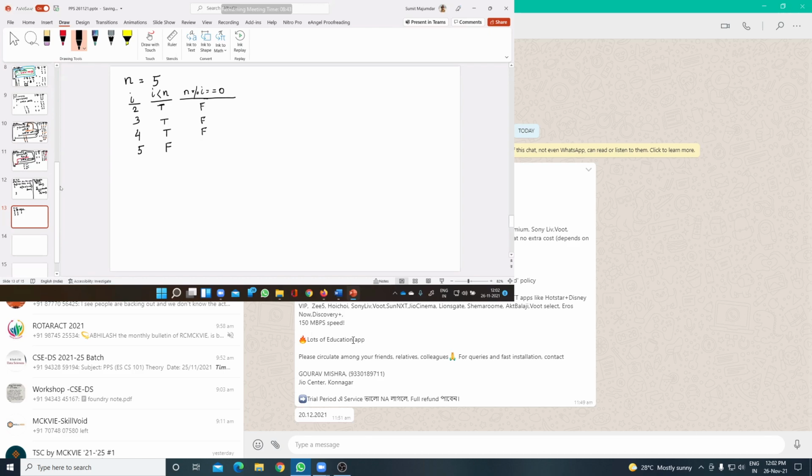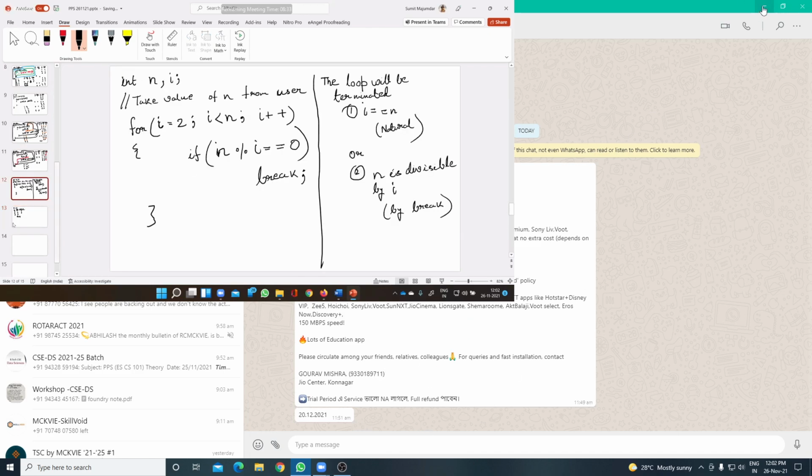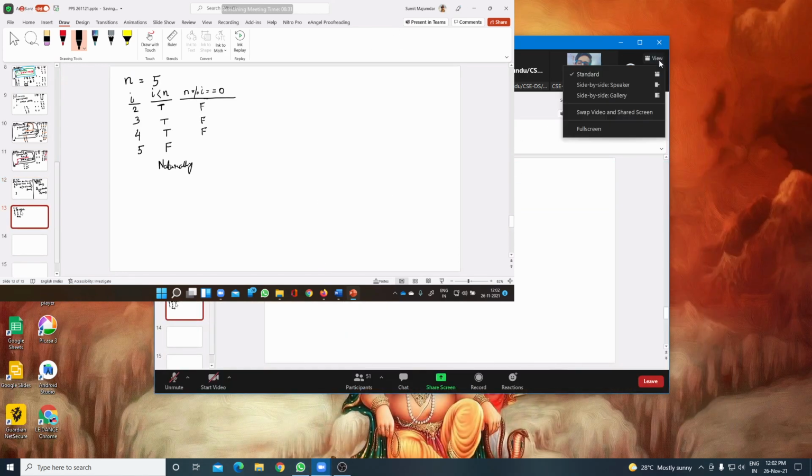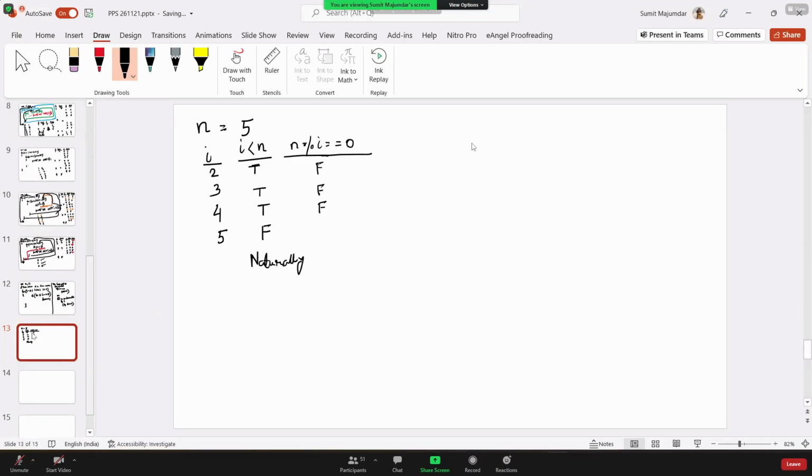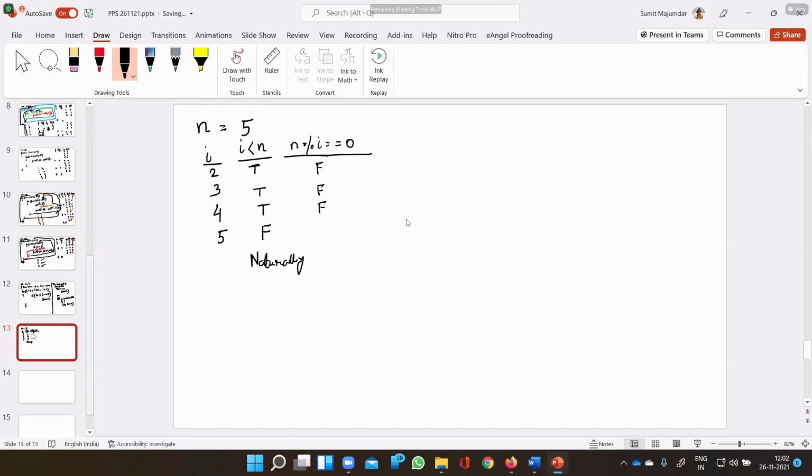It will come out of the loop naturally. Naturally means by the loop condition. That is what we mean by naturally. We are not forcefully killing the loop. It is dying naturally by its condition. Clear?